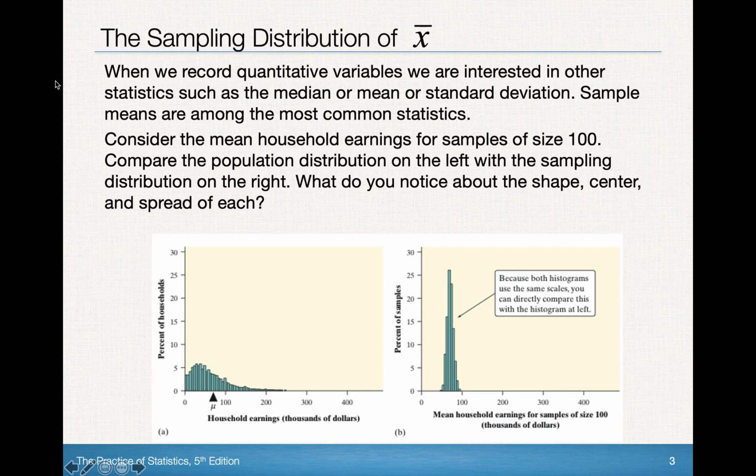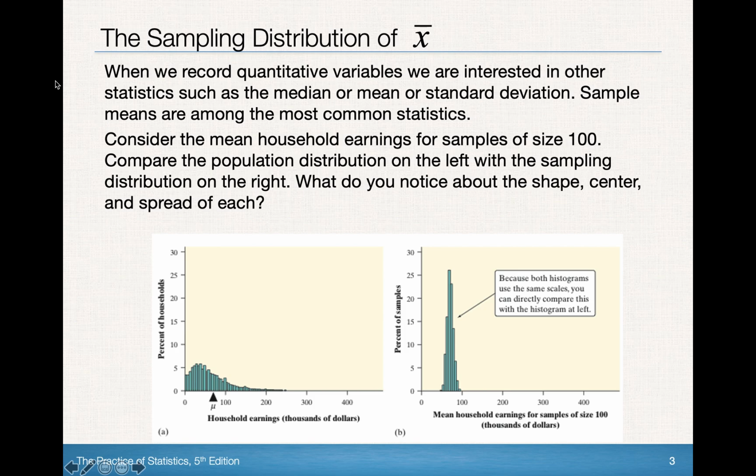On the left is the population distribution of household earnings in thousands of dollars. That is the population distribution. Notice that that population distribution is skewed to the right. Okay, not normal. It is definitely skewed. However, if you look at the right distribution, which is the sampling distribution, that is a sampling distribution of samples